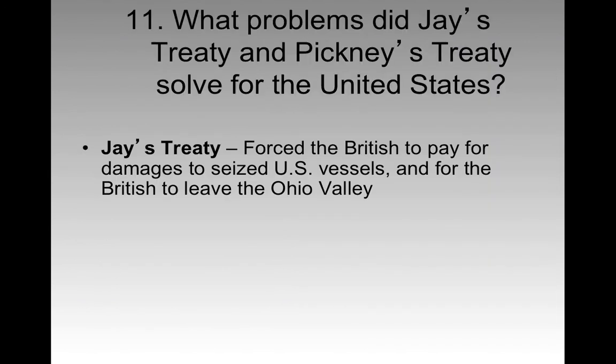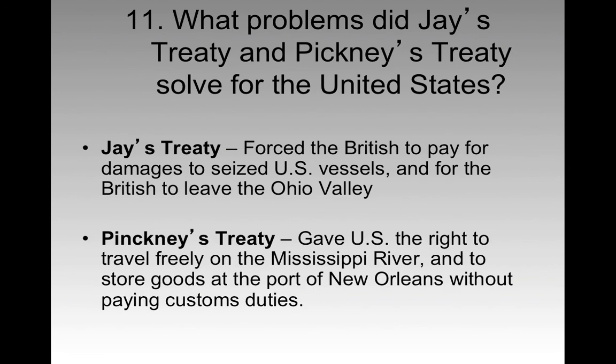So there were some problems with Jay's and Pinckney's treaty. First thing is the British had to leave the Ohio River Valley, and that had to be done not necessarily with force, but there had to be some oversight to ensure that they did leave, not just on their word. Also, Pinckney's Treaty was not agreed upon by everyone. Spain kind of lost out on a lot, but the United States did benefit. Not too many problems, but it did allow us to do a lot of things.